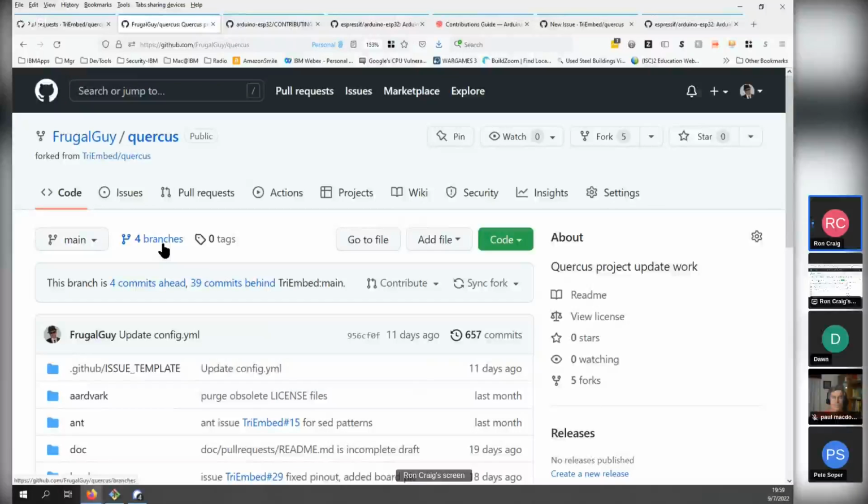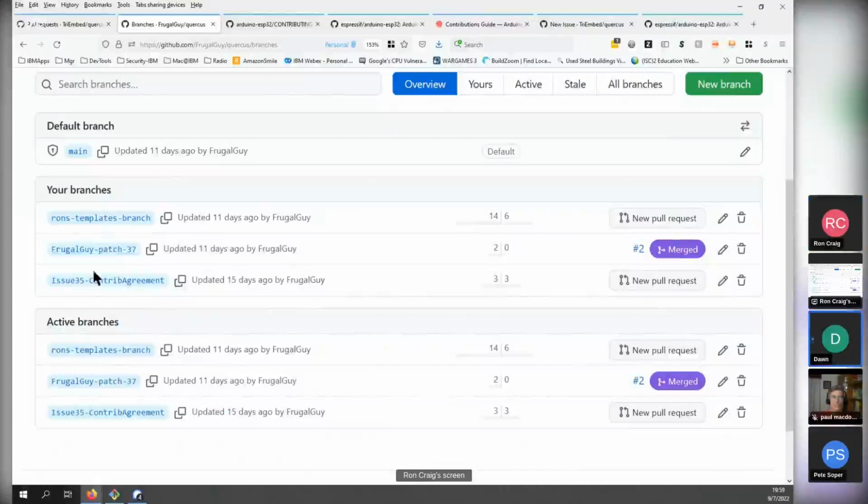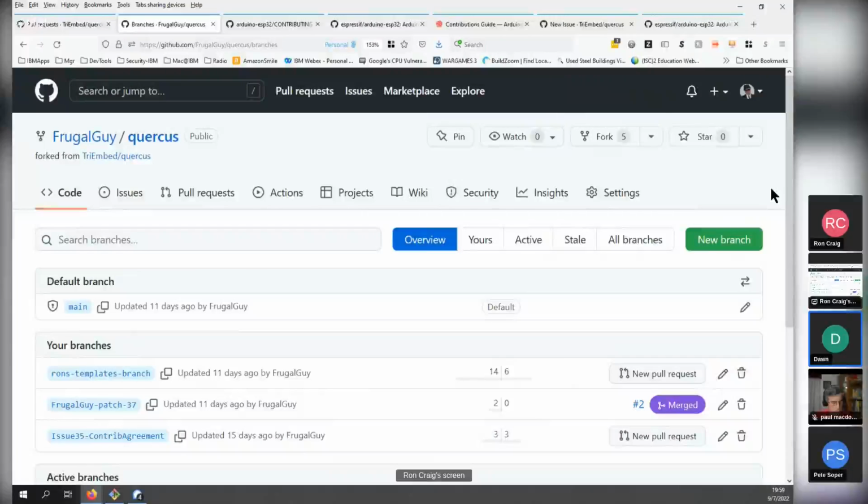I've got these 4 branches here. Okay, and so maybe I recall that Rob was involved in part of this. So technically, people can do this. They don't have to fork the repository, but that is not what we want, even for the people who have edit rights to the repository. We want everybody to fork their own